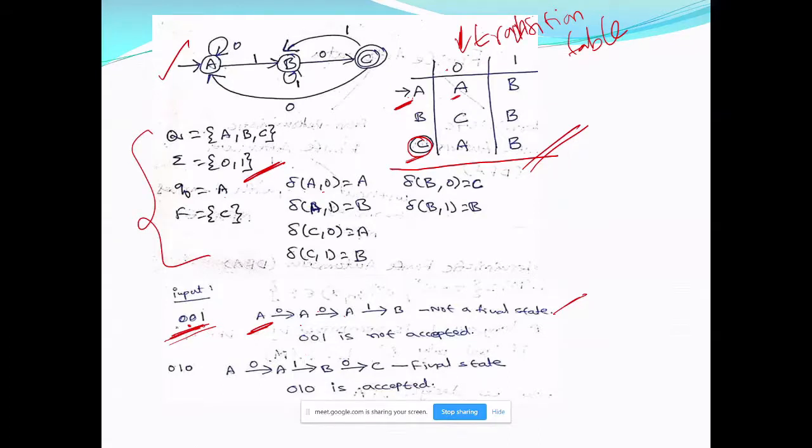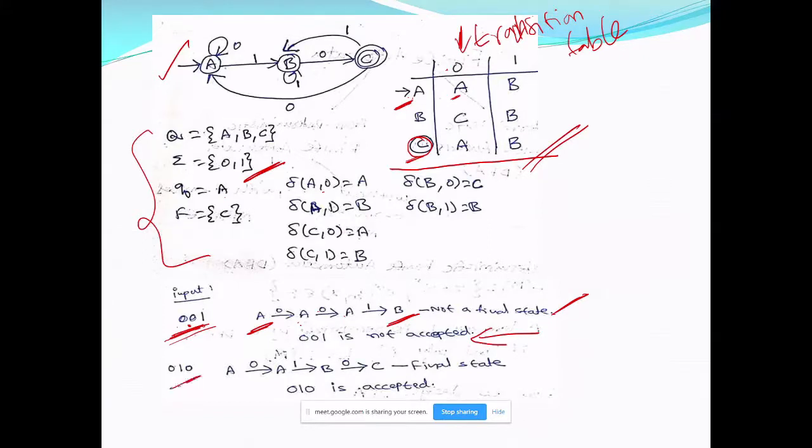So reading the first input symbol 0, it goes to the state specified by the DFA, then reads the next input symbol, changes the state, and so on. After reading all the input symbols 0, 0, 1, it is ending in state B. Now B is not a final state. So I have specified what are final states and non-final states, and hence we reject the input string.